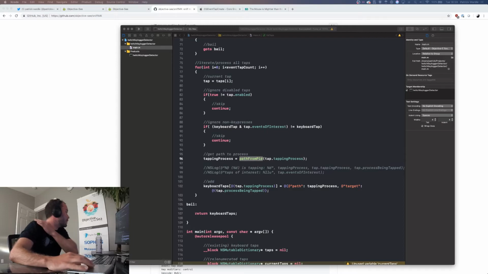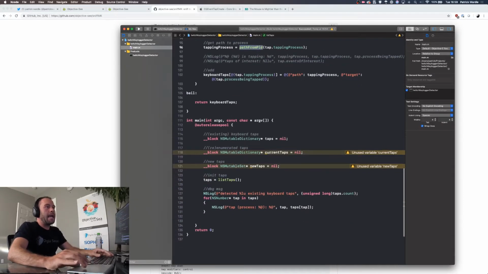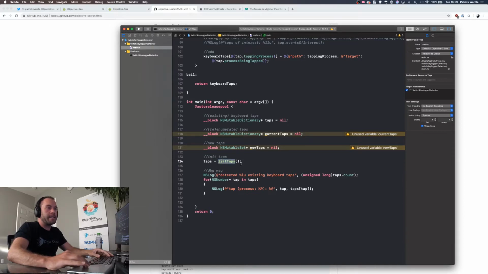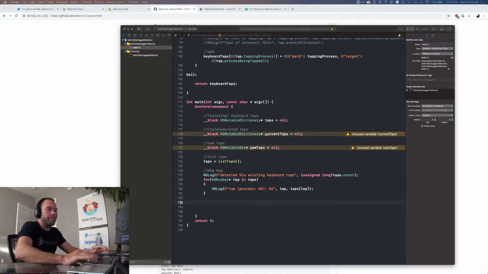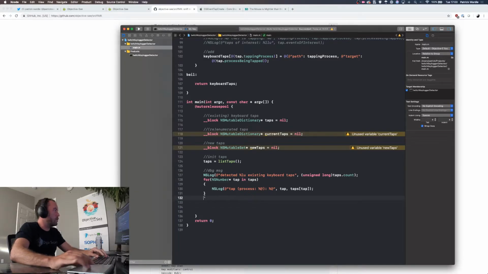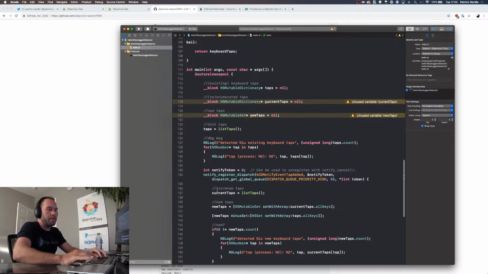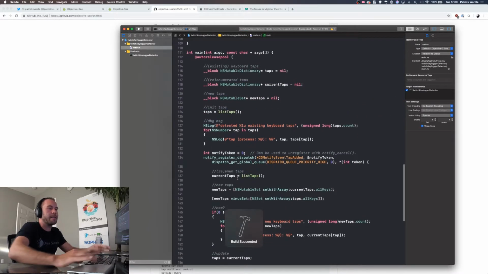So again, I've already written this code just for time reasons. And again, back to Xcode, we have now generated a list of taps. These are the ones that are already installed on the system by the time we run the tool. What we're now going to do is register for new ones. So I'm going to cut and paste some code, make sure it compiles, and then we'll talk